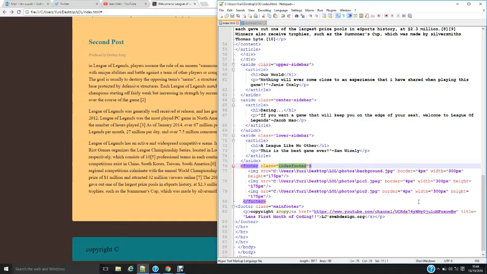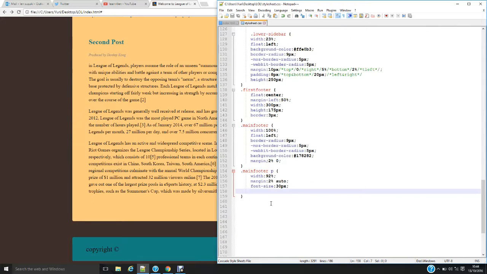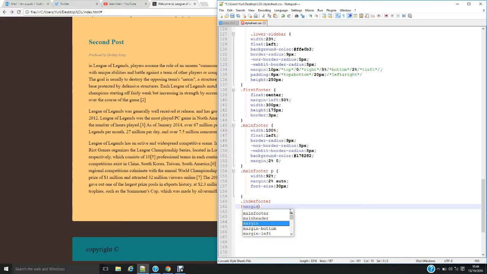So control, copy, and what we're going to do is, in our index, copy that and go down here, do dot and paste it. So index footer. And what this is going to do is change our images, hopefully. So if I do margin left and I do 4%,